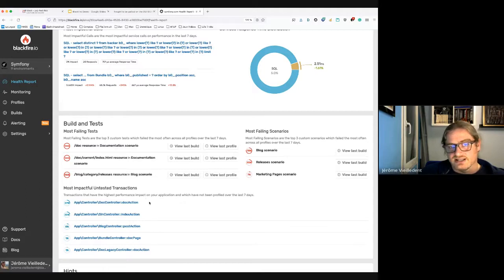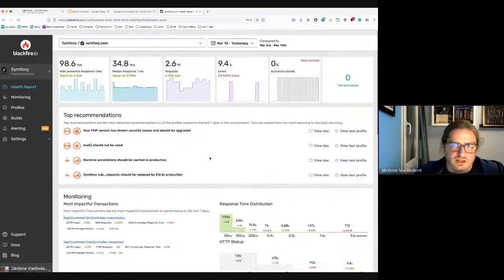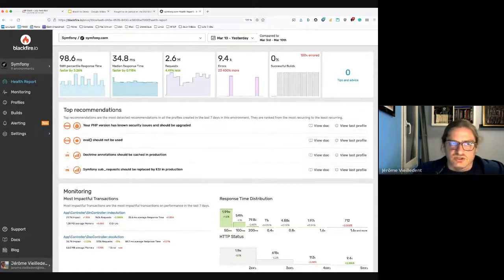And it says that your scenarios are good, but you also have transactions that you do not have tests for. So here, this one, the doc controller doc action, represents 26.7% impact, meaning it's quite popular, and you do not have tests for this. Well, you should have a look. You should probably define a test here. So that's it mostly for the health report.